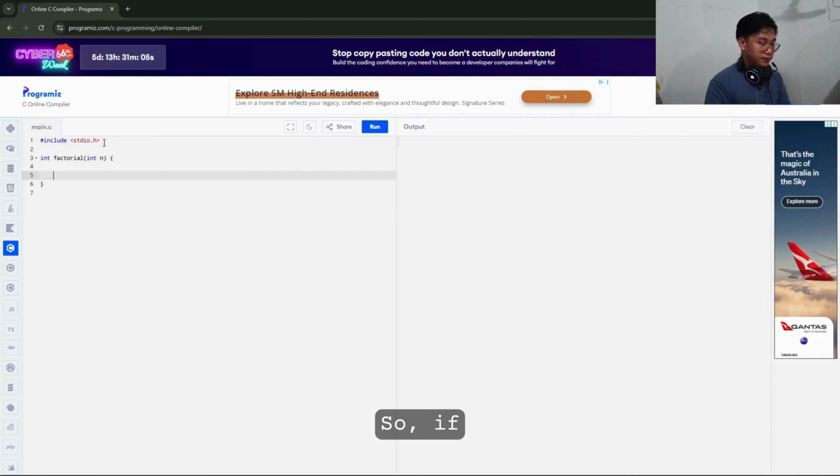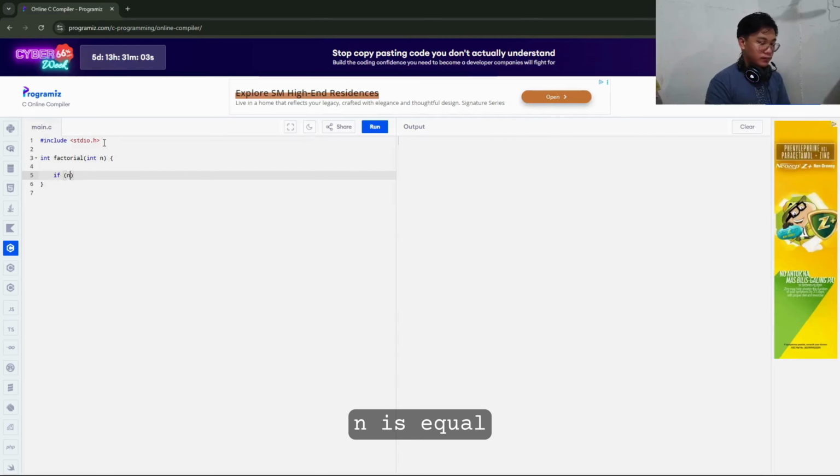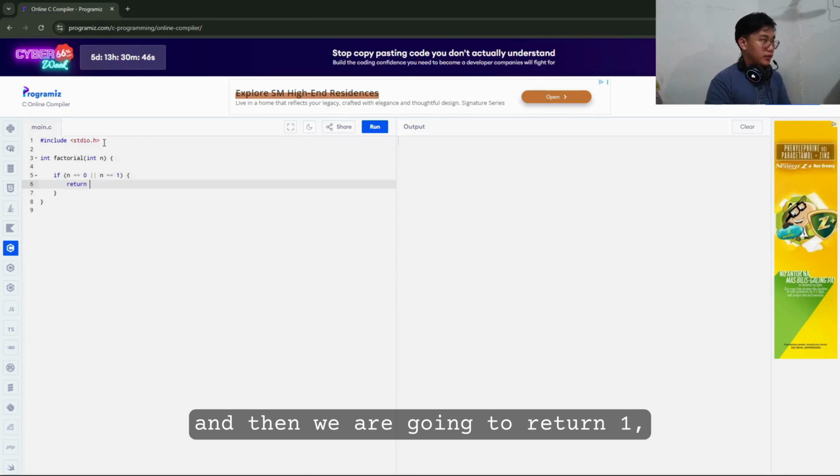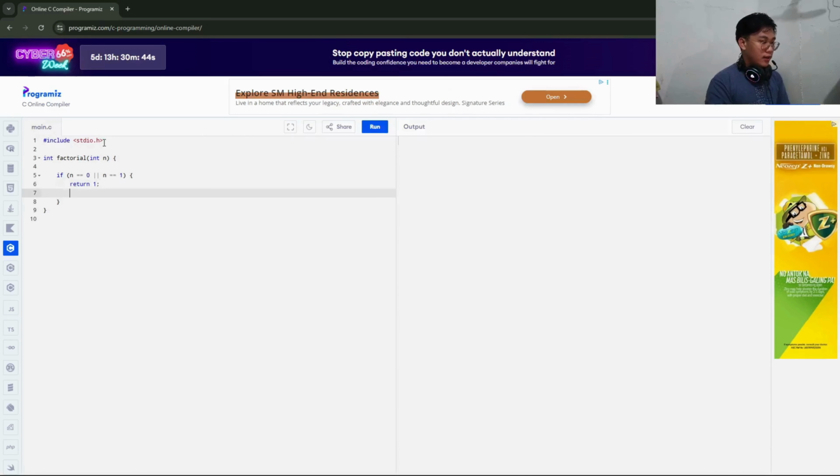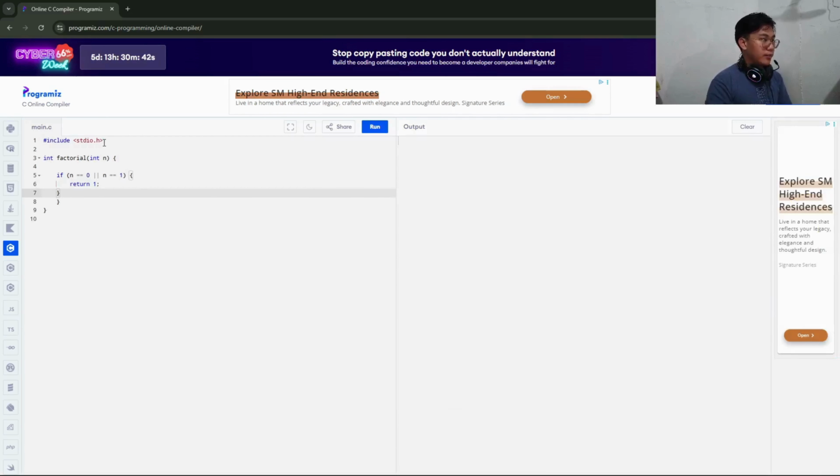So if n is equal to 0 or n is equal to 1, parenthesis, curly braces, and then we are going to return 1, then another curly brace,